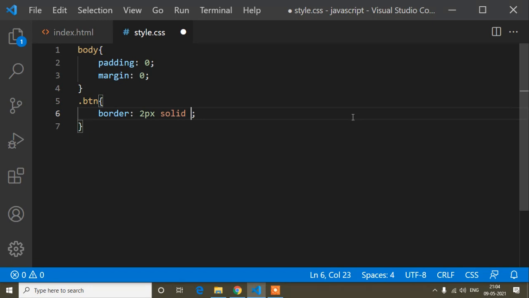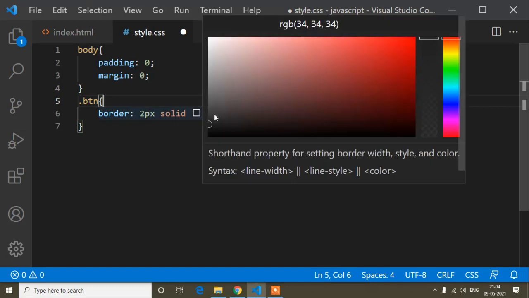But if you are using Visual Studio Code, to know all the color codes you just have to do one thing: place a hashtag and then any 3 numbers, like 000 or 222, any 3 numbers, and after typing them just hover on that.